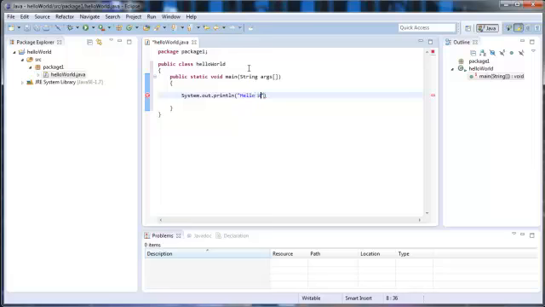Hello world. And then that right there signifies that you've ended the line of code. Without that, it'll also give you an error. Now,